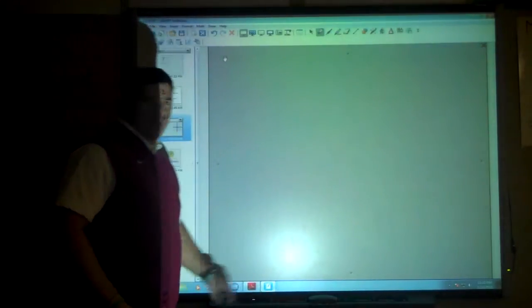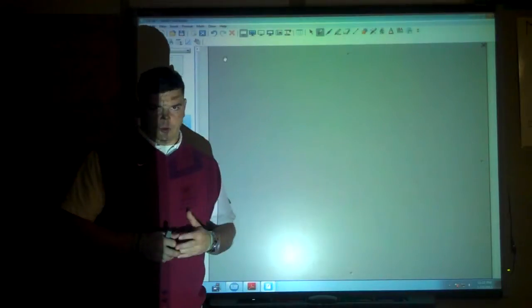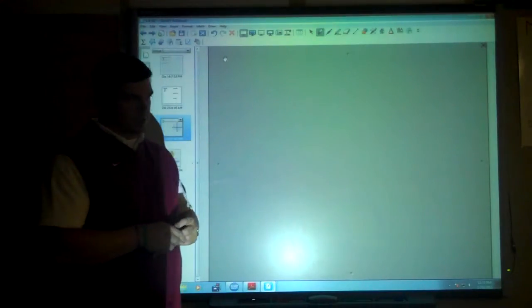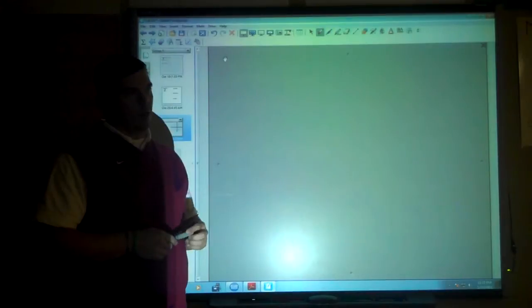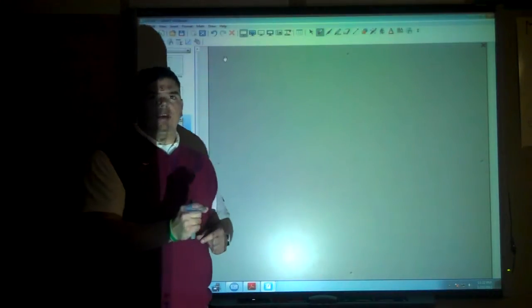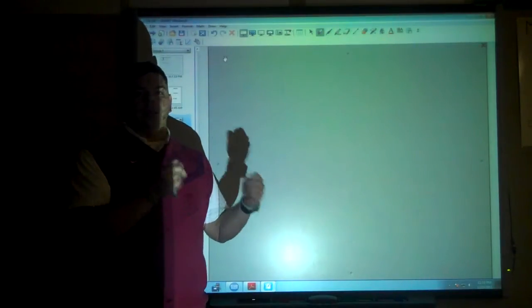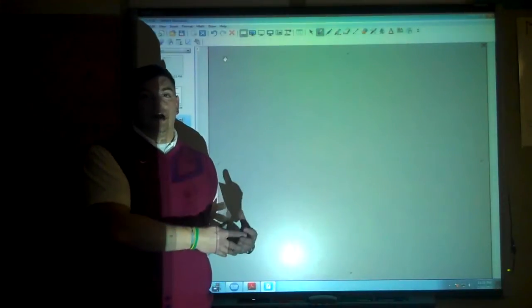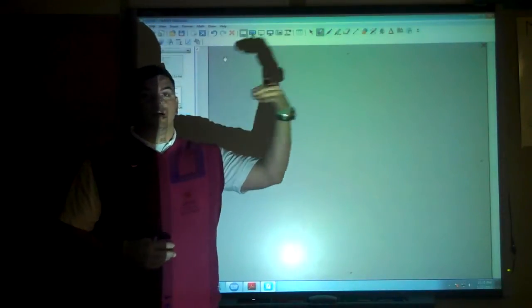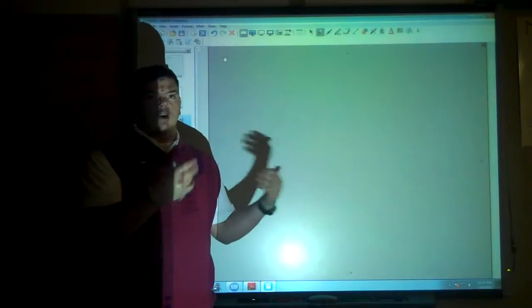Intro Algebra Lesson 4-3b. Alright, last time we were discussing the idea and the concept of an x-intercept and a y-intercept. If you want to find the x-intercept, you know that anytime you're on the x-axis, your y value is always equal to 0. So you can plug 0 in for y and then solve for x,